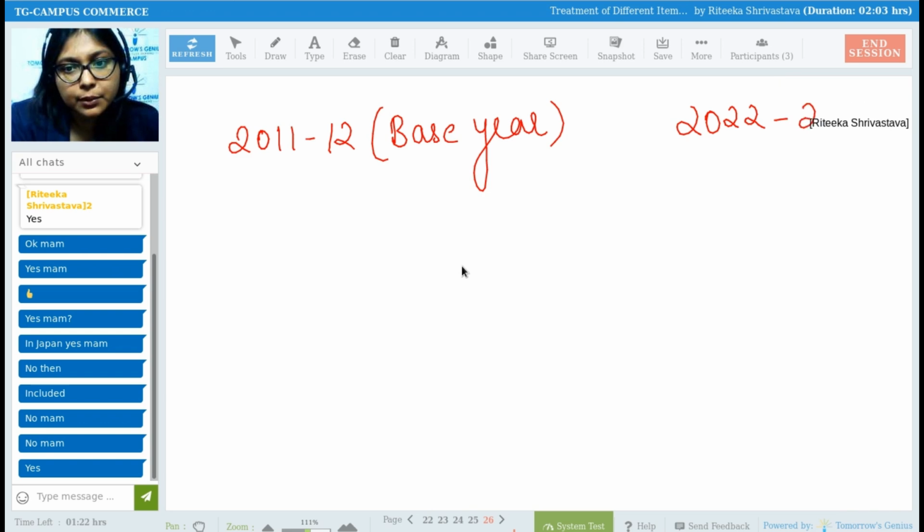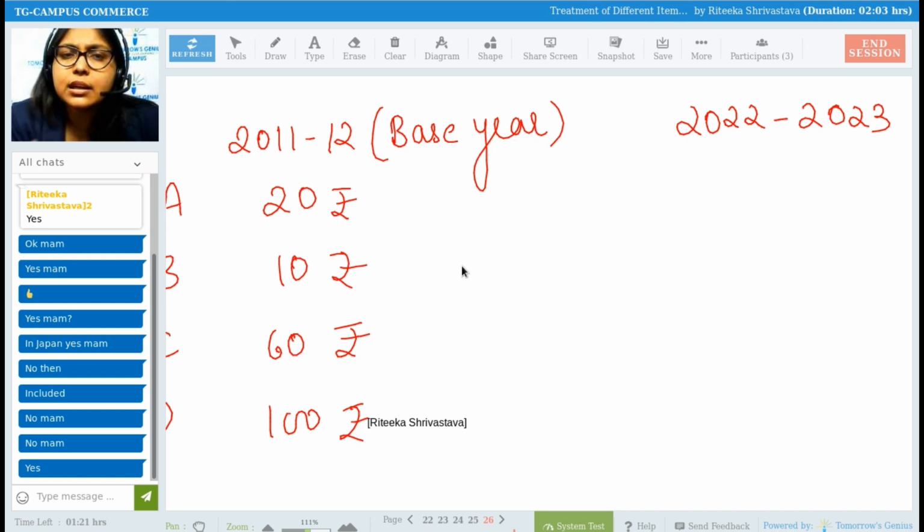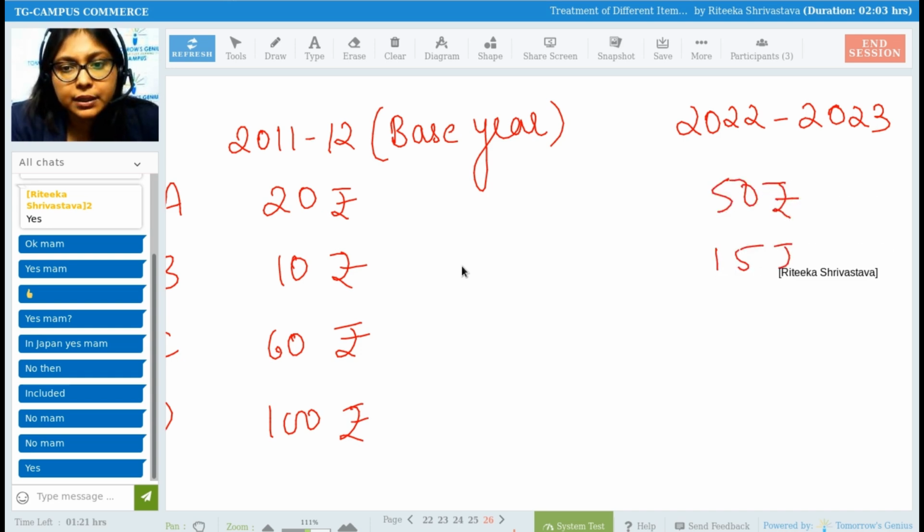And at present we are in 2022-23. Just imagine there is a good A, good B, service C, service D. In 2011-12, the price of good A was 20 rupees, good B 10 rupees, good C 60 rupees, and good D 100 rupees. Just an assumption. In 2022-23, the price of good A was 50 rupees, then 15 rupees, 30 rupees